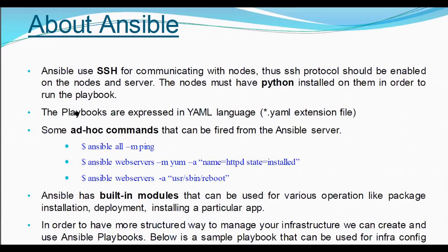So basically, there are two ways to do it. If I have a quick task to be completed, and maybe something which may not be repeating every now and then, and I want to quickly get that done on the remote side, I can use Ansible in the ad hoc mode, or ad hoc commands. If there is something that I want to run on a repetitive basis, I can write a playbook for executing all these tasks, and that script is going to be called a playbook, and this is written in YAML format.